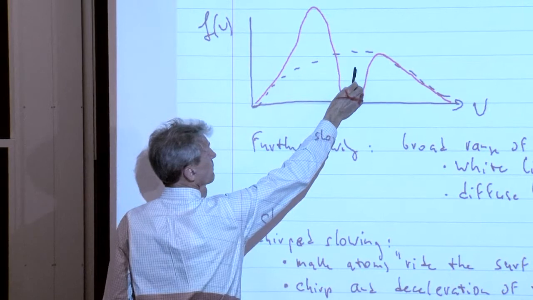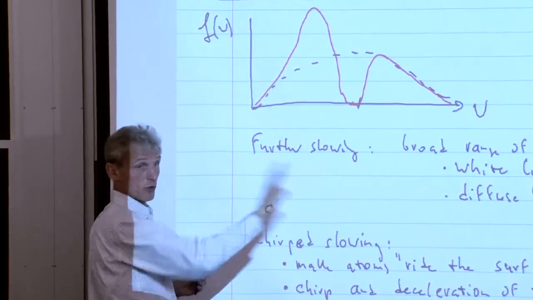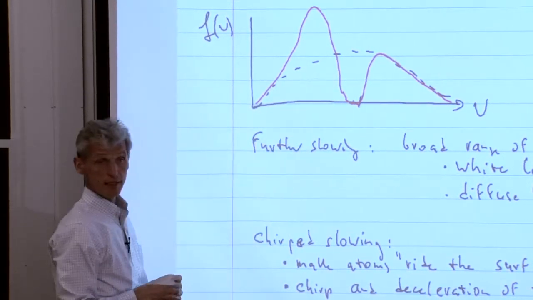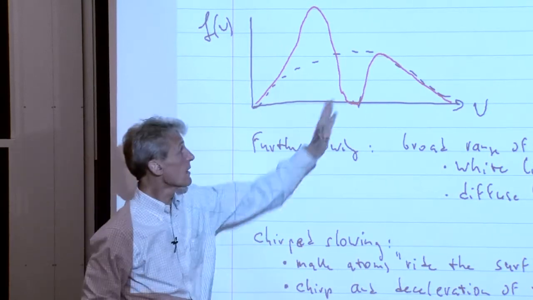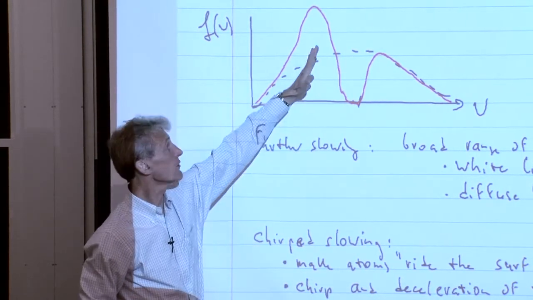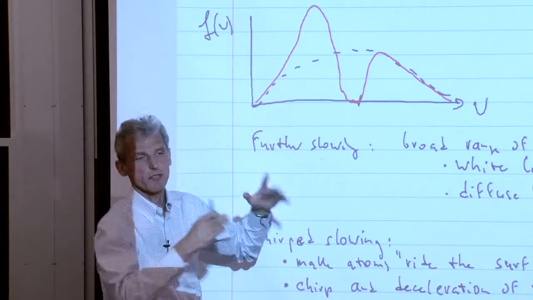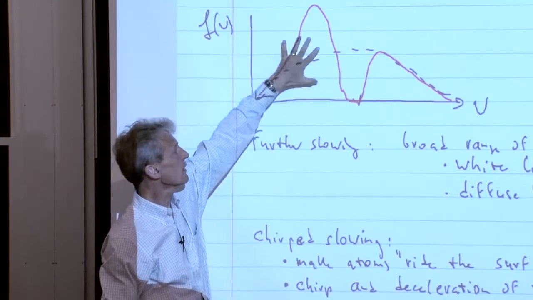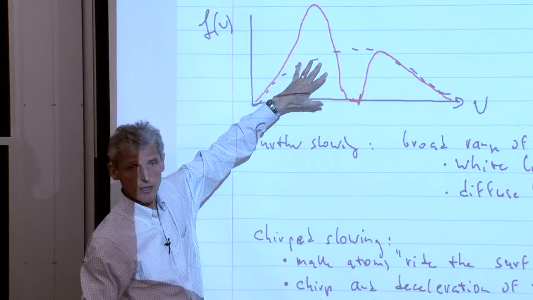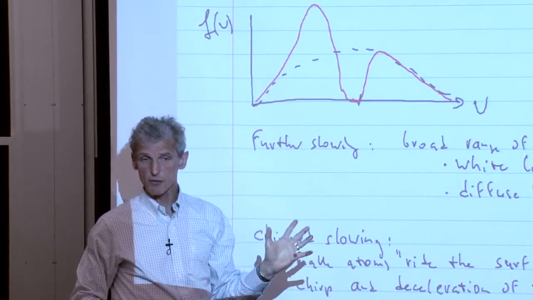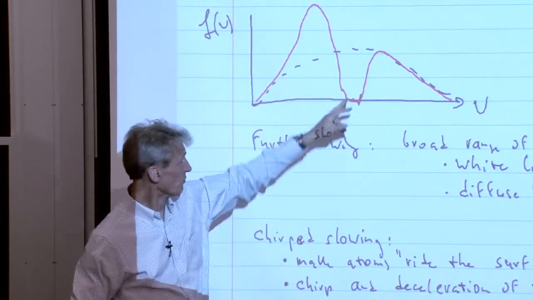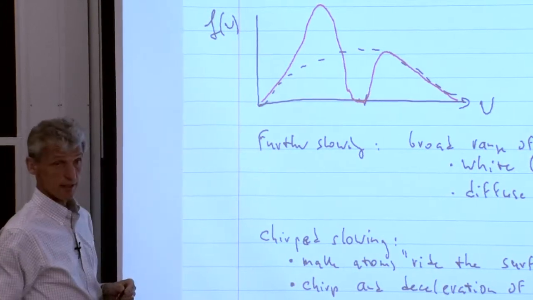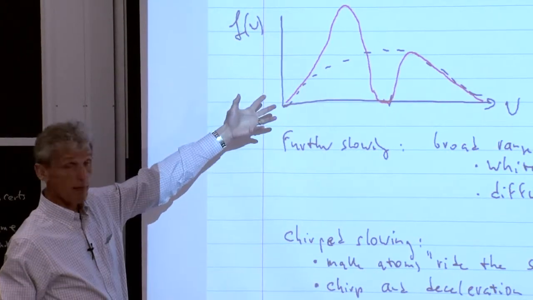Those atoms scatter photons and are pushed to lower frequencies, to lower velocities, but they are pushed out of resonance, and eventually the slowing becomes slower and slower, and things come almost to a standstill. So a laser beam which has a fixed frequency would modify the velocity distribution of an atomic beam in that way.